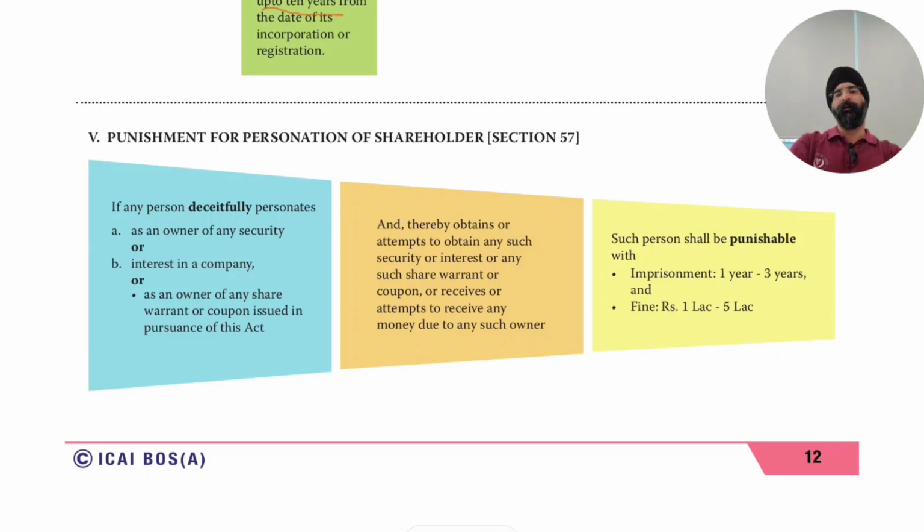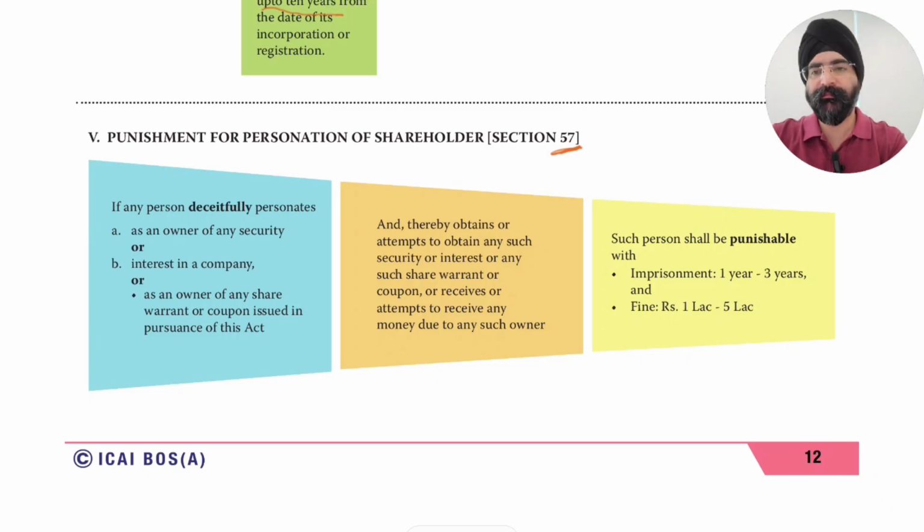Punishment for personation of shareholder means if a person claims to be a shareholder when actually he is not a shareholder. That happens frequently. RTAs face that concern frequently because if a shareholder is dead, or in the list of shareholders someone is not claiming dividend, not doing any activity, then someone can personate and try to claim those shares, benefit from those shares. So what is the punishment for personation of shareholder? It is given in